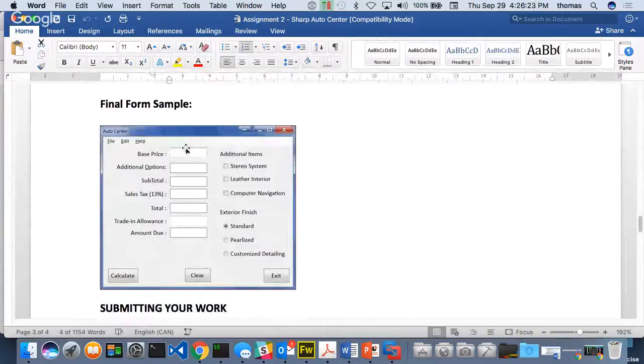For example, what if I had an additional form in here before I got to this final form? Think about this as the final form. I have an additional form that says, here's all my options. All these options I want. I want interior, leather, interior, all those things on one form. I got that, right? I can also choose things like color. Maybe I didn't ask you for colors or paint styles or anything like that. You can all add that in.